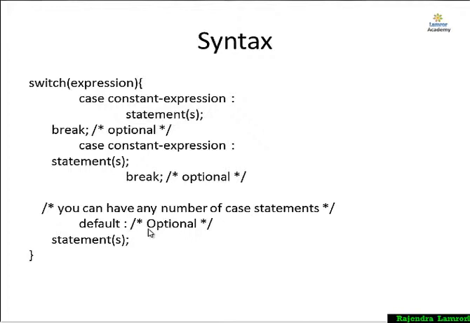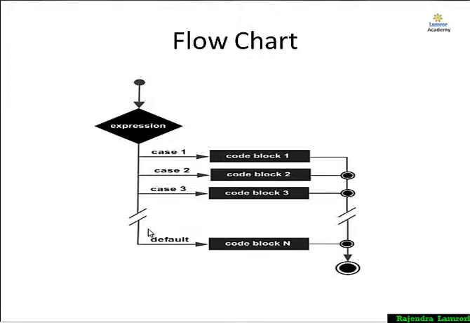So how does this switch case work? I am showing a flowchart diagram. See here, first we take a variable, any integer or character, then check it with the switch expression. If the expression matches case 1, then we run this block of code and come out. If you do not put the break, then it goes to the next case. If none of the cases match, then the expression goes to the default, and whatever you wrote in the default will run and then come outside.